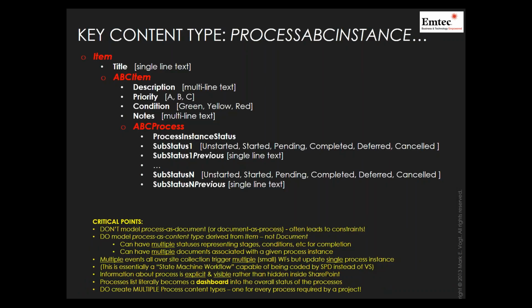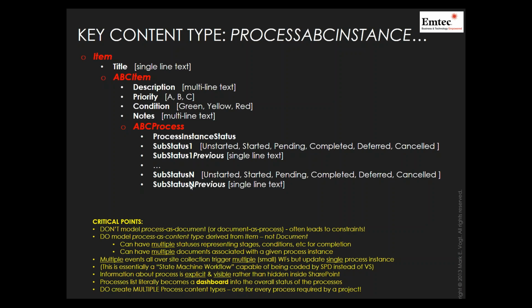Let's continue. A key core element of this is that you're going to define a process instance as a content type, where you start off with the original item inside SharePoint. You're going to spin off an ABC item for company ABC, and in the company ABC item, there's going to be a process type of item, and that's where you're going to store all of these additional properties, so that when you create a processes list, it's going to be made up of process items, and those process items for this particular process are going to have a set of properties. And now you have a very elegant way of managing these items.